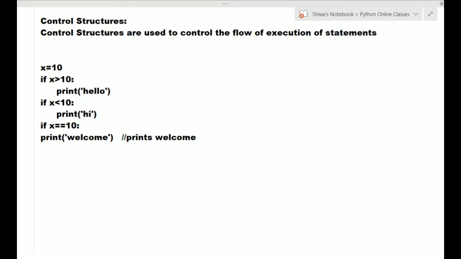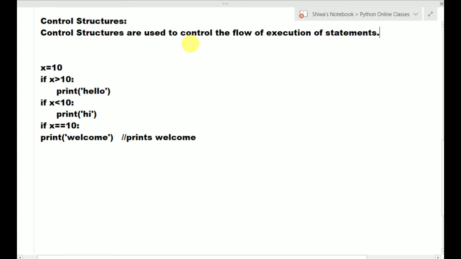So once again I am repeating, generally a program gets executed sequentially; to transfer the control to our desired location, we can use these control structures. So what is a control structure? It is used to control the flow of execution of statements.